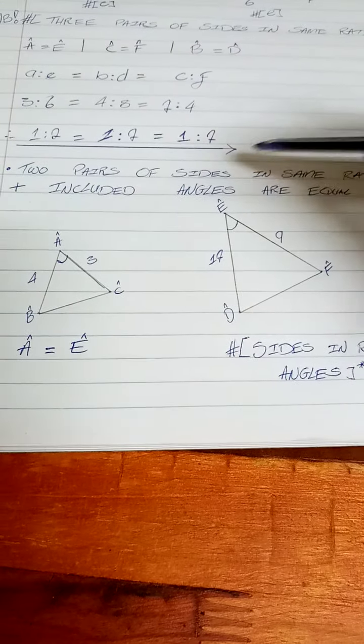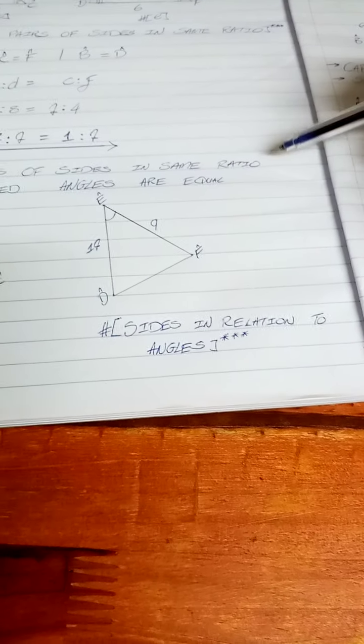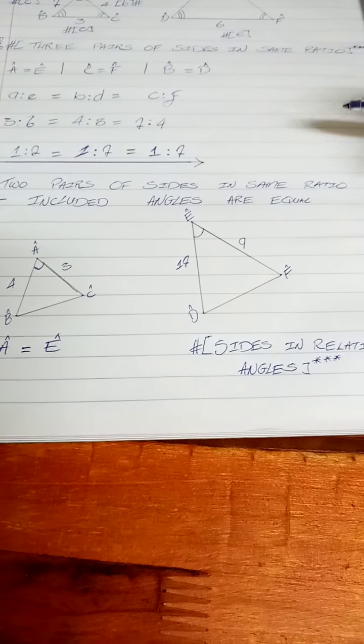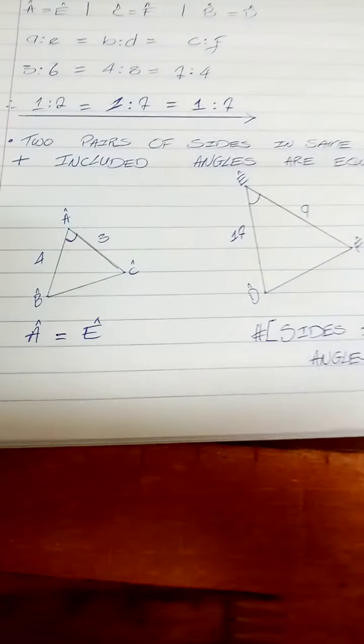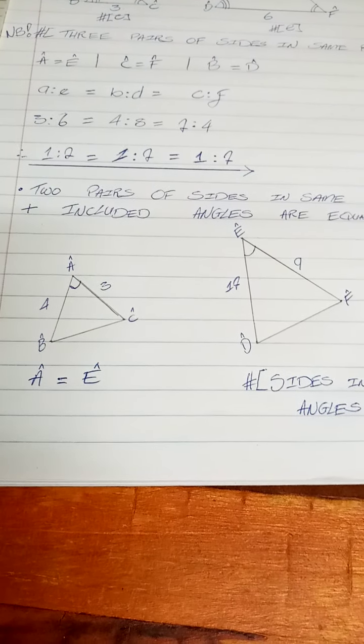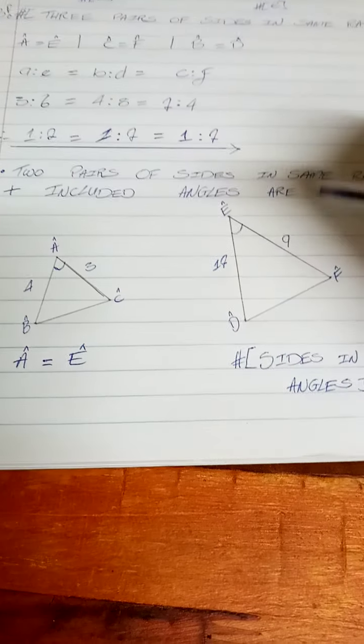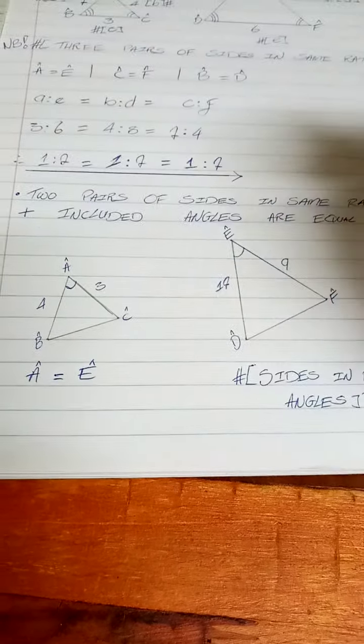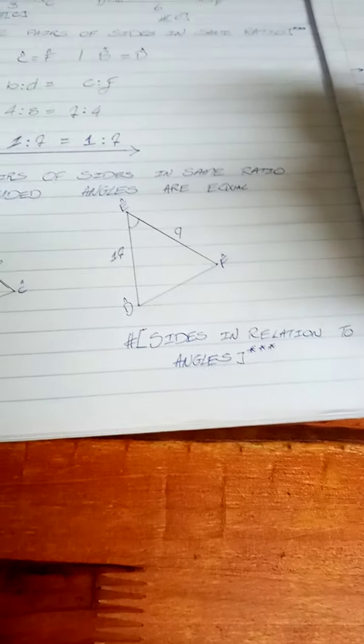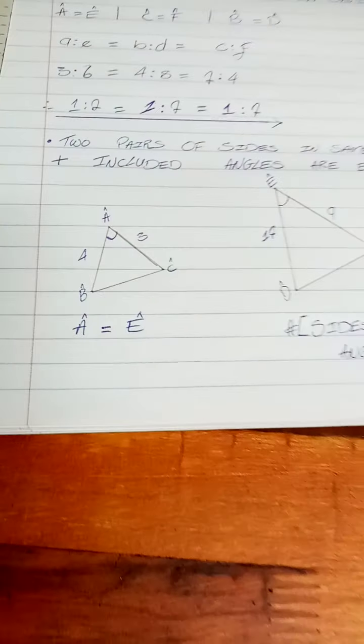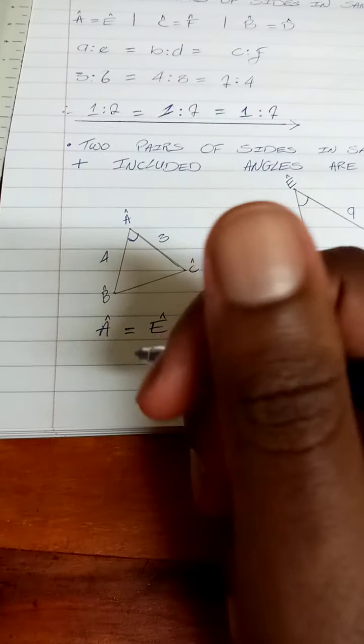Of course, 2 pairs of sides in the same ratio plus included angles are equal. So also looking at the included angles are equal, we have found the 2 pairs of sides in the same ratio. So basically what this means is